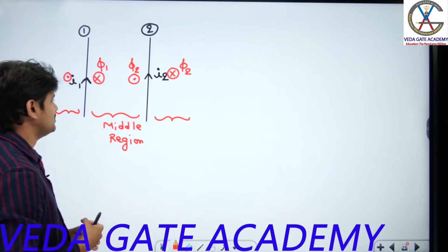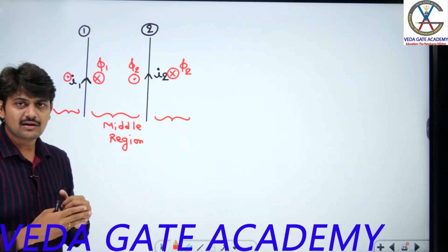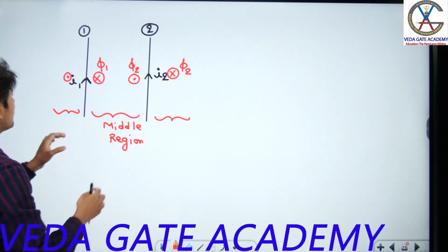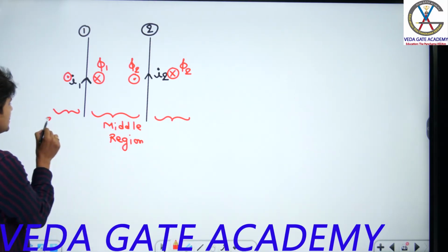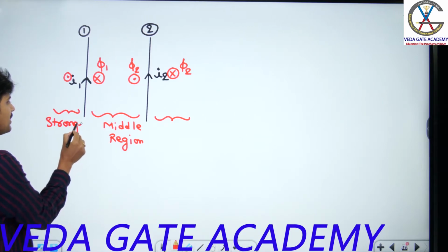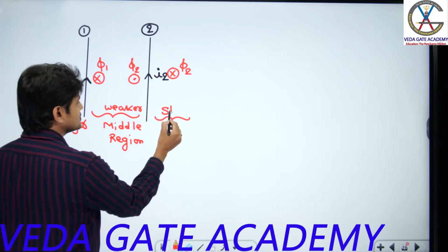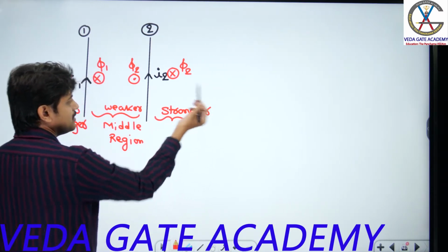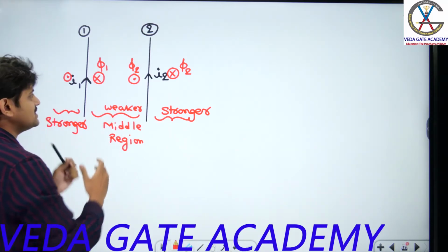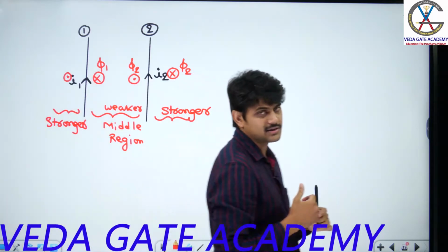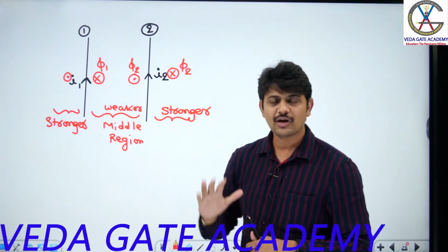So we can say that compared to the middle region, the outside regions will have a strong magnetic field or a weak magnetic field? Obviously, compared to the middle region, the outside flux region is stronger. So this particular region has stronger magnetic flux, whereas the middle is a weaker magnetic flux region. So compared to the middle region, the outside regions will have stronger magnetic flux. Are you following? Why? Because these two fluxes are demagnetizing each other. Have you understood this point?